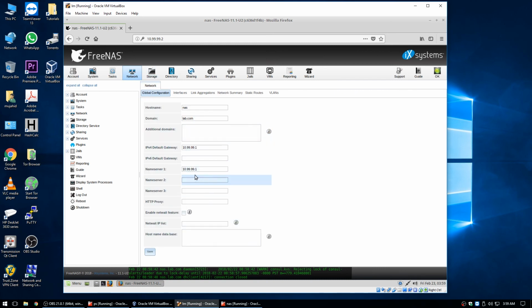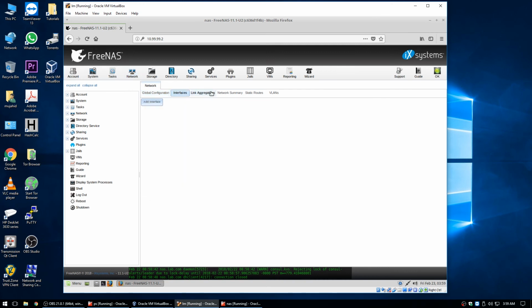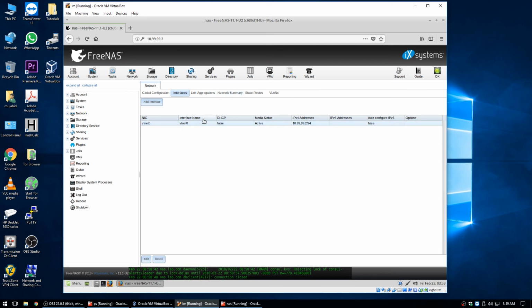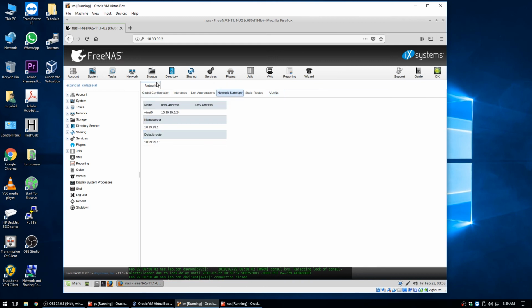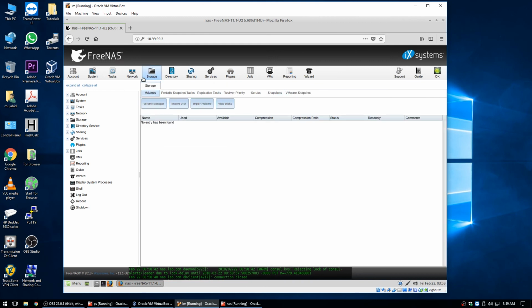This is done. We can add a few more name servers on here if you want. And this is the IPv6 default gateway, since we're not using IPv6, so I'm going to leave this blank. And this is our interface, the only interface on this machine. You might add a few more, like a link aggregator or a couple of VLANs, but for now we're going to leave it as is. Then we'll go into the storage tab,